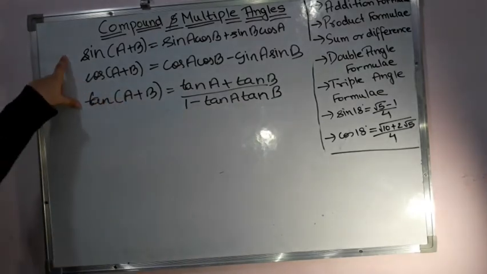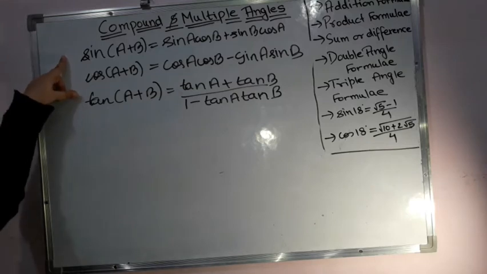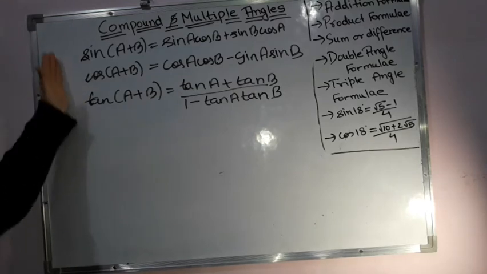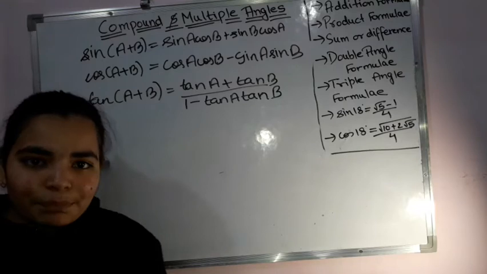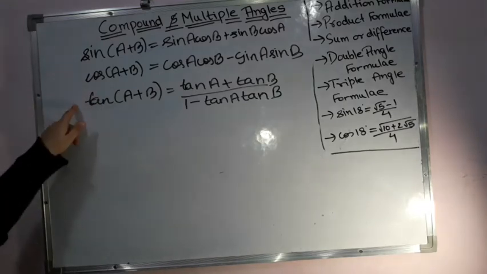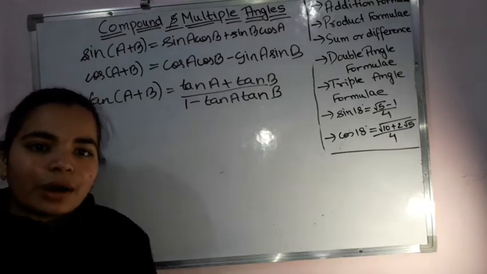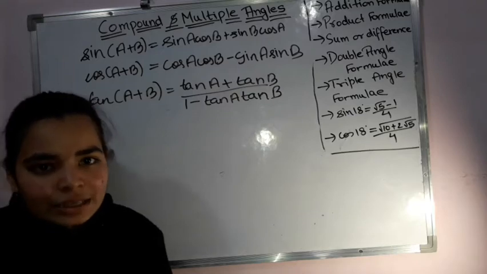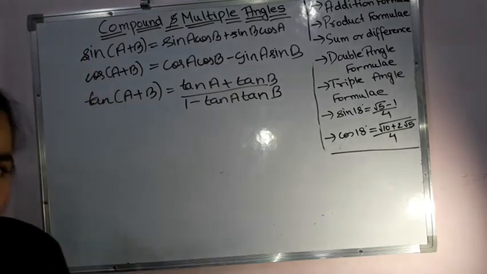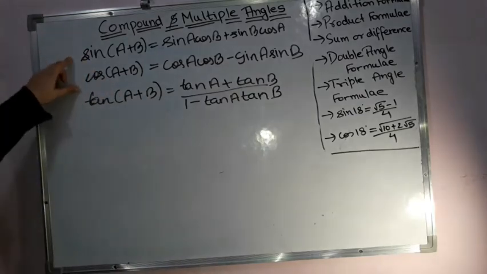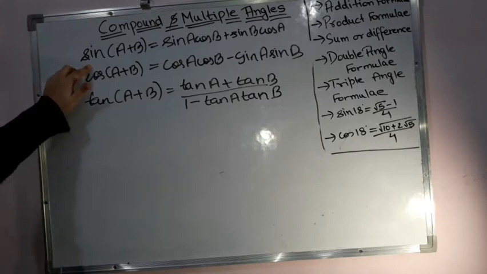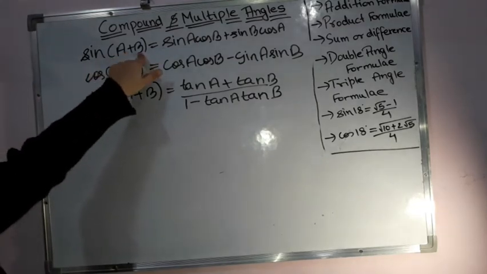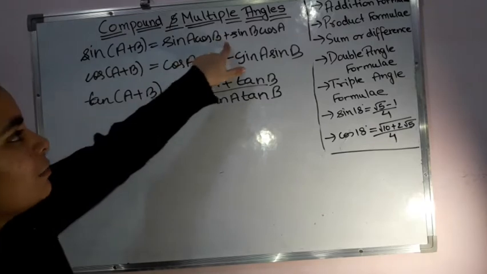These are the first 3 formulas that you need to learn, because these are the very basic ones and you can easily learn them also. They're simple also. You need to learn these 3, and with the help of them you can get to other formulas. So you need not learn anything apart from these for the time being. Okay, so let us quickly see the first one, that is sine of a plus b, and that is equal to sine a cos b plus sine b cos a.